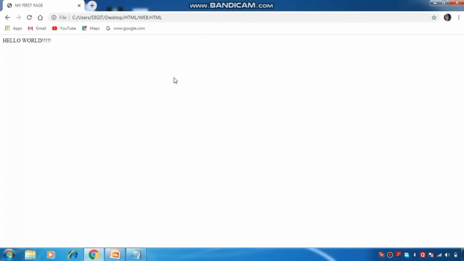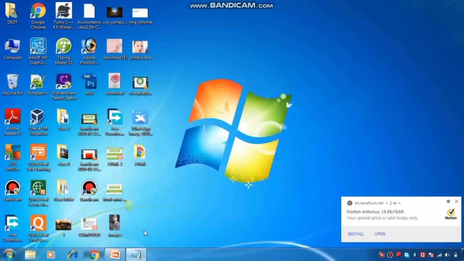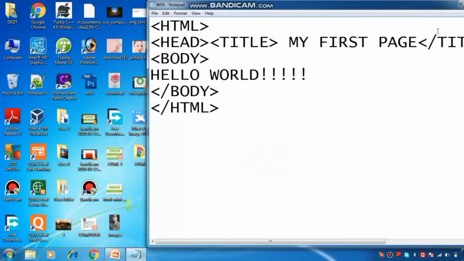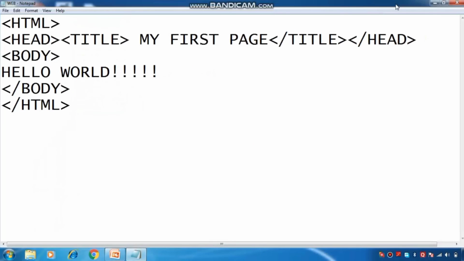Now we are going to do the second practical. In our second practical, we are going to learn how to change the background color. Suppose I want to change the background color of my web page, then I just have to click here and write bgcolor in the body tag. I can take the same document. bgcolor is equal to, and here you have to write the name of the color which you assign to your web page background. If I want to assign the red color, I just have to write red here.